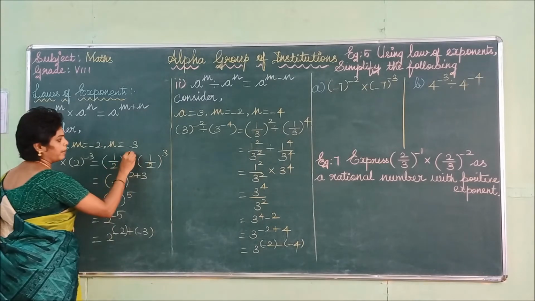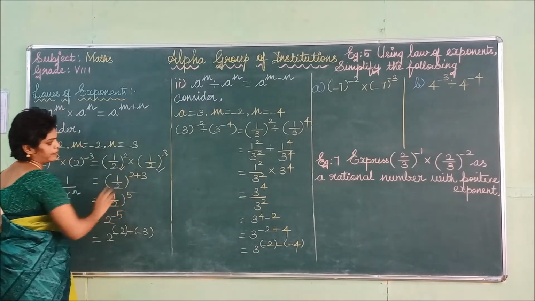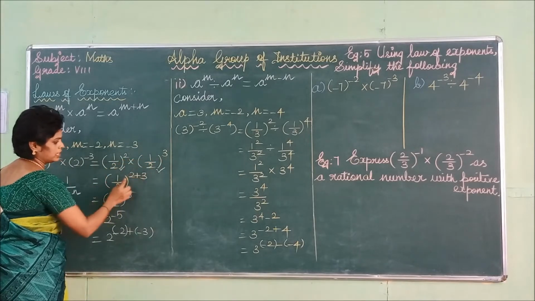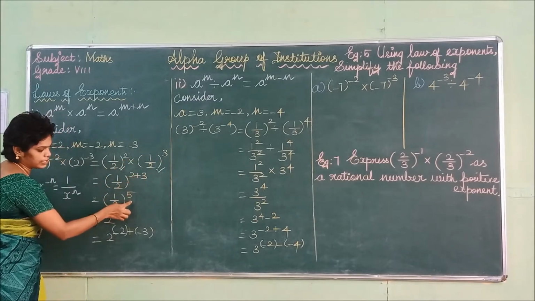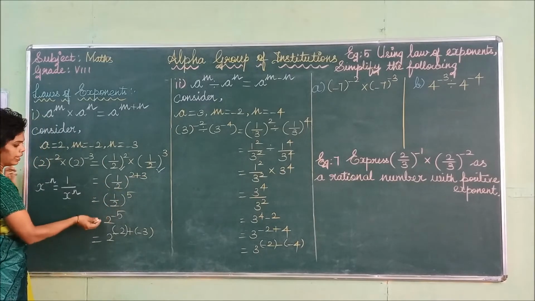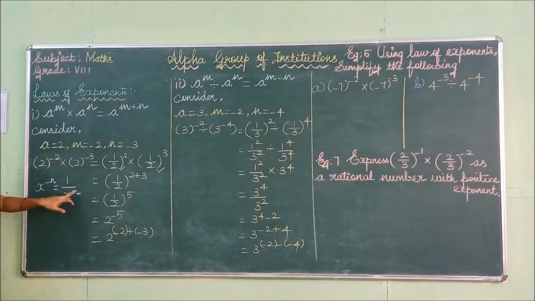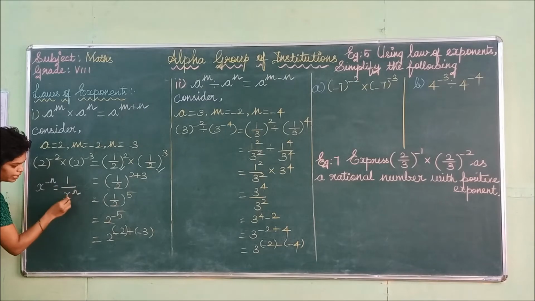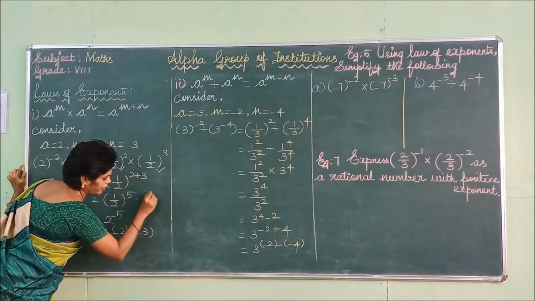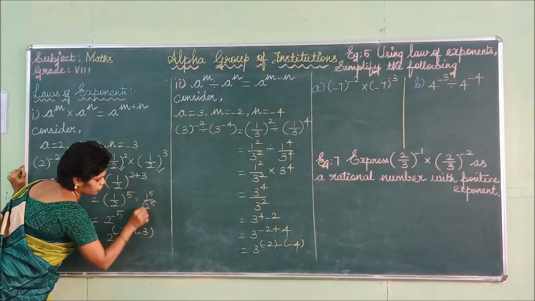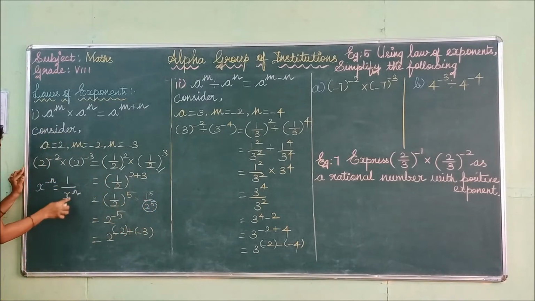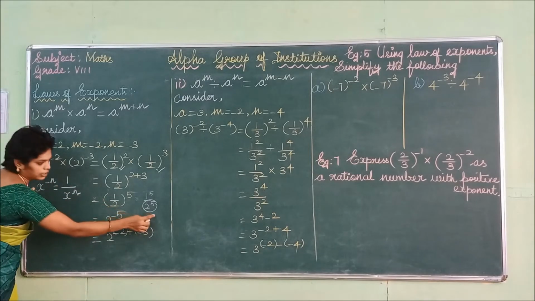So listen, both the bases are same. You can add the powers. What are the powers here? 2 and 3. So 2 plus 3. 2 plus 3 is 5. So again use this rule: if the power is positive, it is a division, and it becomes a negative power when written otherwise. So 1 power 5 by 2 power 5 is in the form of 1 divided by 2 power 5, 1 divided by x power n. So you can change and write it as x power minus n. Here the value is 2.